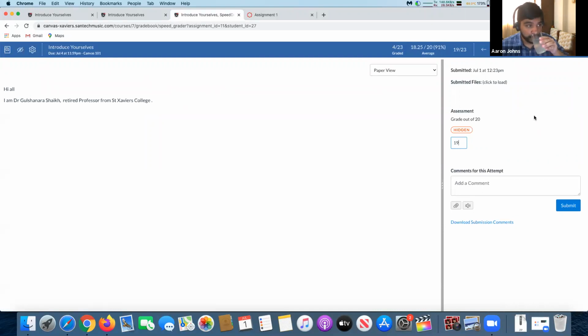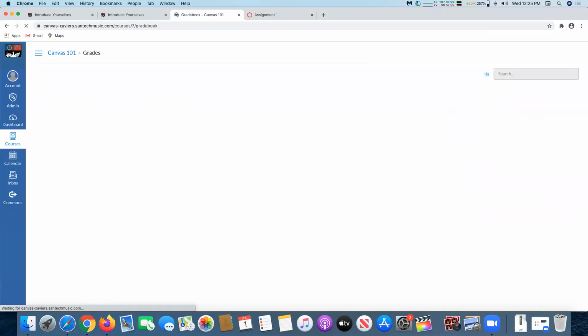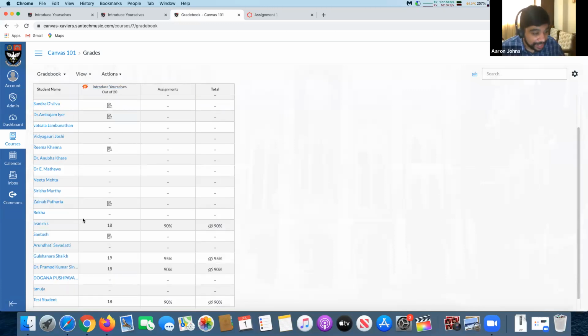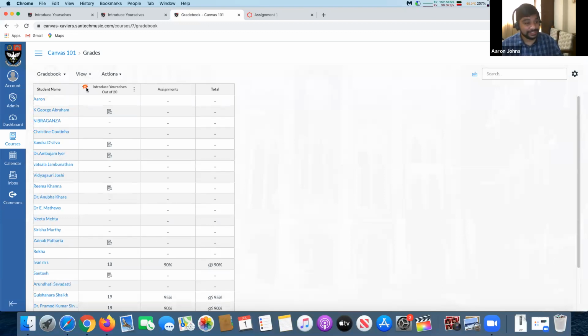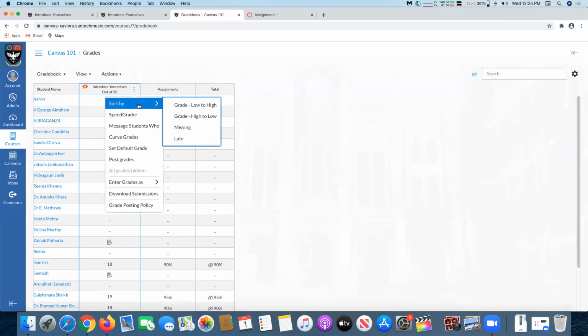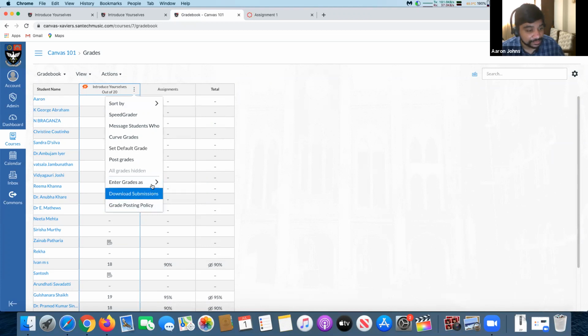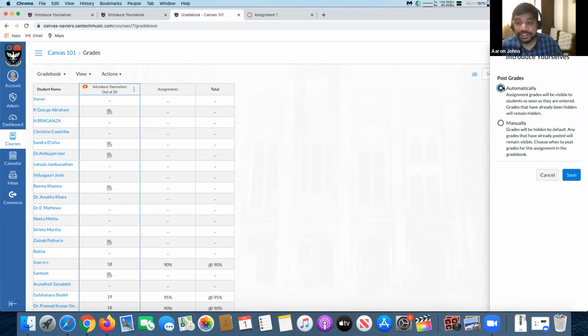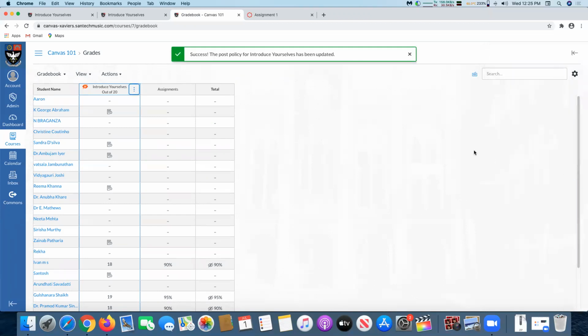As you can see, how it looks exactly. Some of them are graded, as you can see, the marks come over here. And probably some of you have got an email, right? I guess, because usually it comes as an email. And you can even set the posting. Grades will be hidden by default. But if you want it to be visible to the students, you can set it to automatically. So it's up to you.